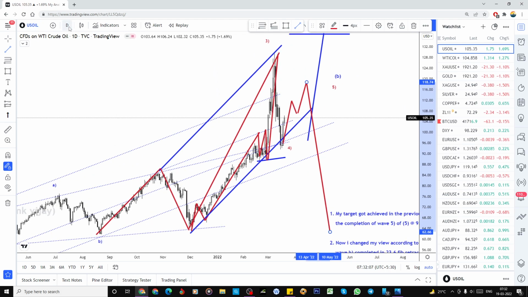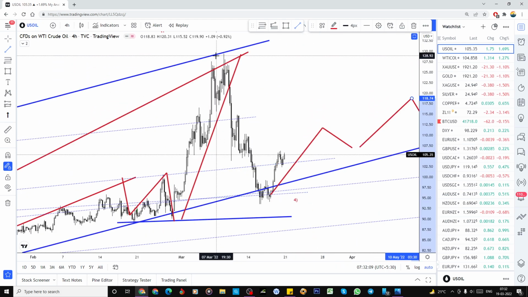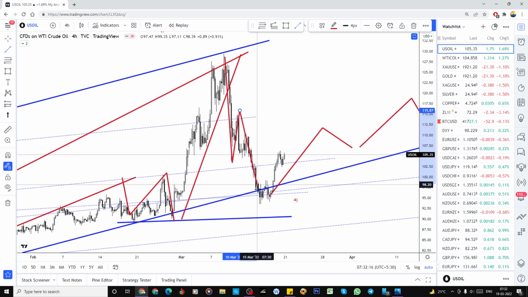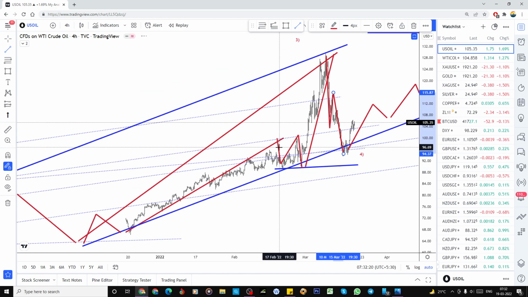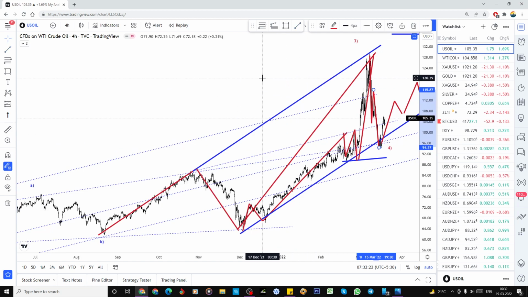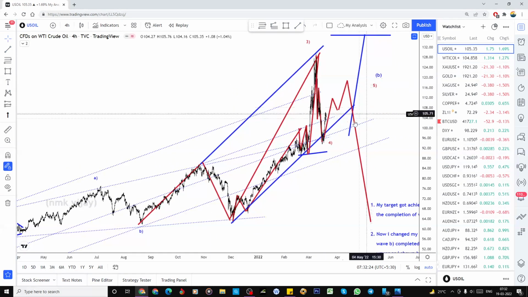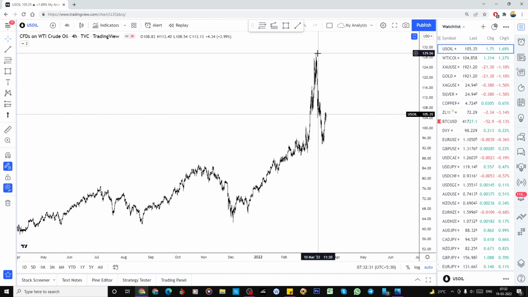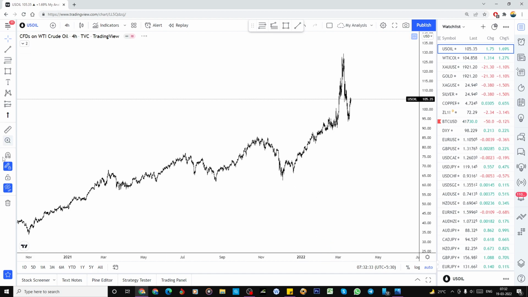So far it is doing only the 3-3 wave structure. It's a 3-wave structure. So wait for this pattern. A lot of participants are still waiting. We need to watch whether the trend has completed or not. No idea about this, because